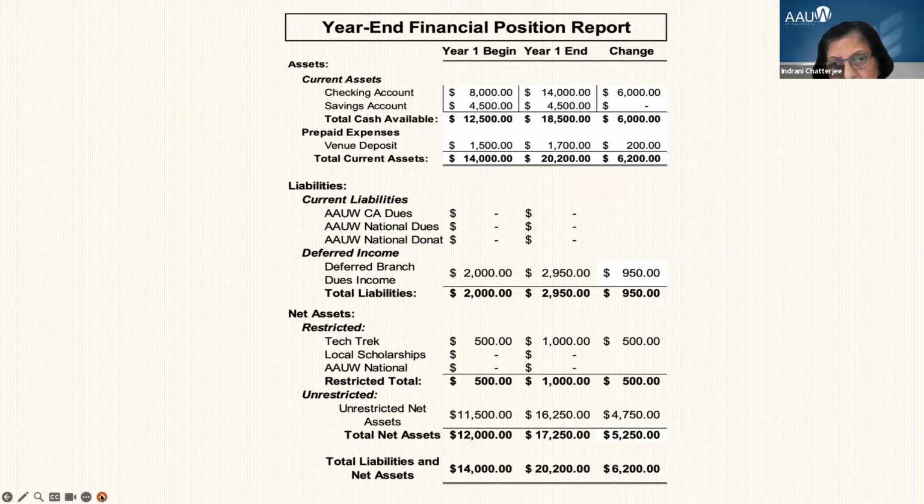And this is the way each branch needs to keep track of their expenses and revenues. And with monthly reporting, monthly reconciliation is very important so that the year-end finance officer will not spend a substantial amount of time to reconcile what happened to the